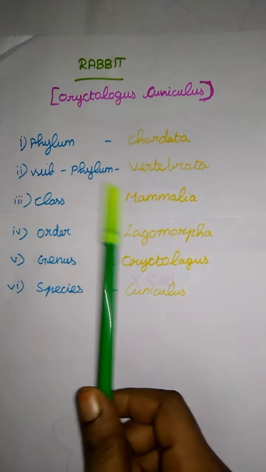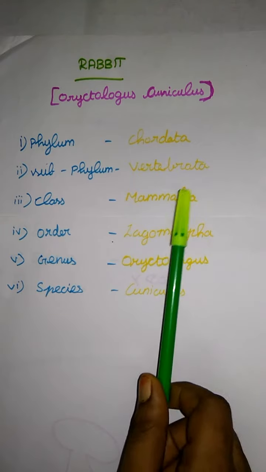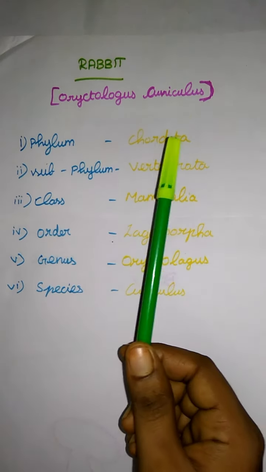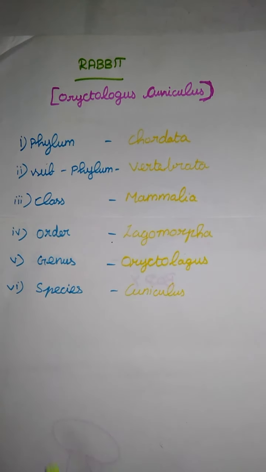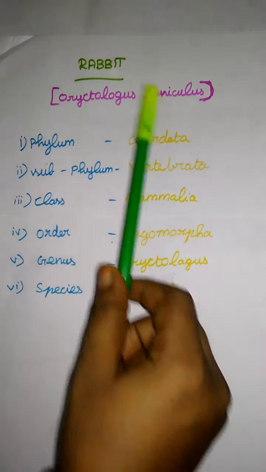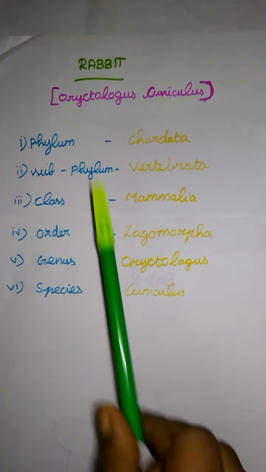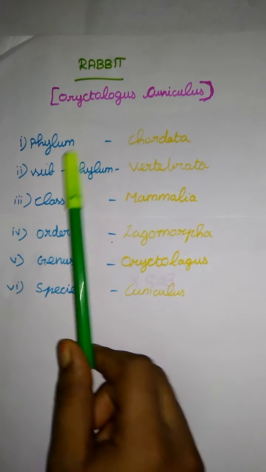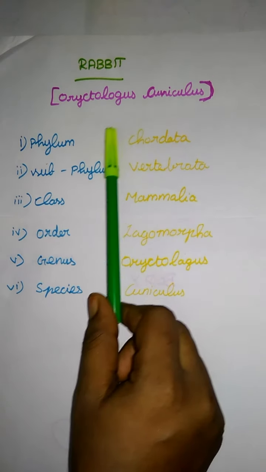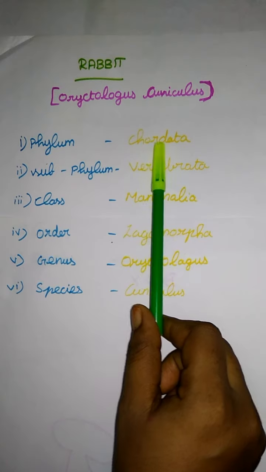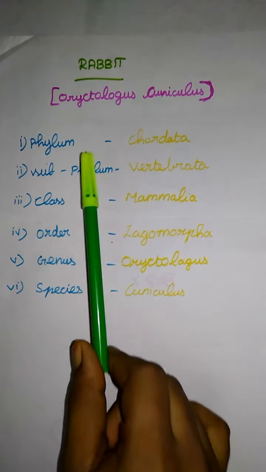Here let me see the taxonomical position of a rabbit. We already saw the leech taxonomical position; same like that, the rabbit also has a taxonomical position. In the animal kingdom, how is the rabbit arranged? First one is the phylum. We already said what the meaning of phylum, class, order is. Without any delay, we have more topics. The phylum is Chordata, which means they have a backbone. The rabbit is a vertebrate animal, so it belongs to Chordata.